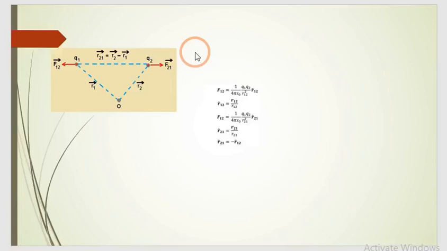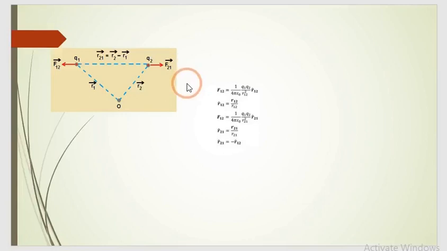F12 and F21 are forces exerted on those particular charges. Now, F21 and F12 have different directions. For F12 we can write 1 upon 4 pi epsilon naught, Q1 Q2 upon r12 square into r cap 12. And for F21 we can say 1 upon 4 pi epsilon naught, Q1 Q2 upon r21 square into r cap 21,